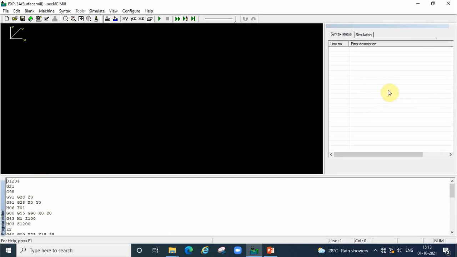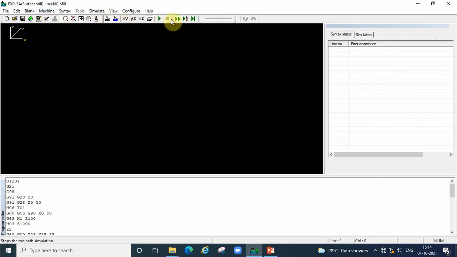And the right side is data will come where the tool is moving, what are the parameters we have. Suppose we have any error, it will be indicated in this page. So these things will be displayed here in the right side, and we have menu bar and icon bars.